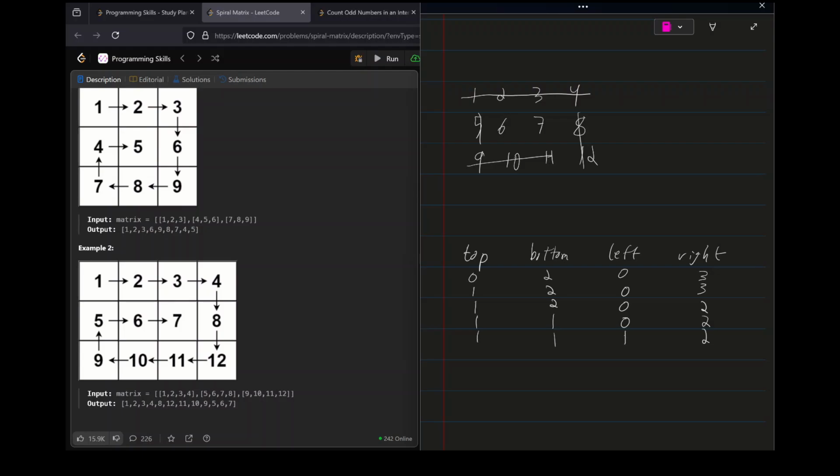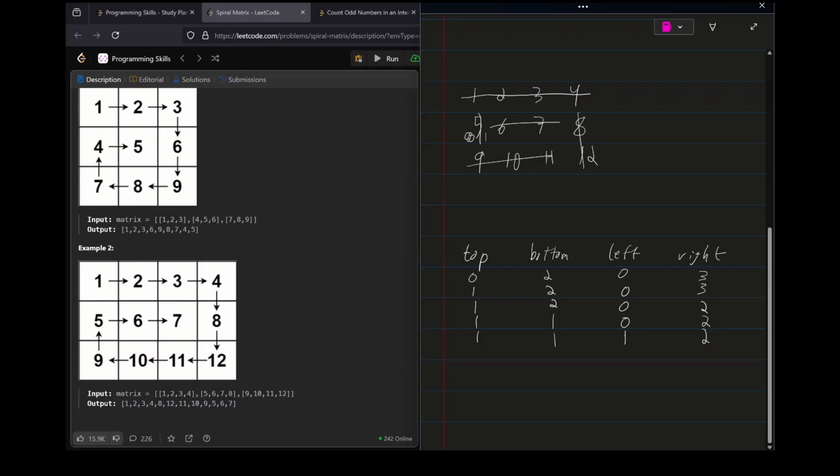And then finally, what we do here is we get rid of the remaining submatrix, this thing in the middle, and we're back to going from left to right, so we get rid of that. And so again, we know this is the top row, which is 1, and we're going from left to right, so index 1 to index 2. And then after we get rid of that, let's see here, so now,